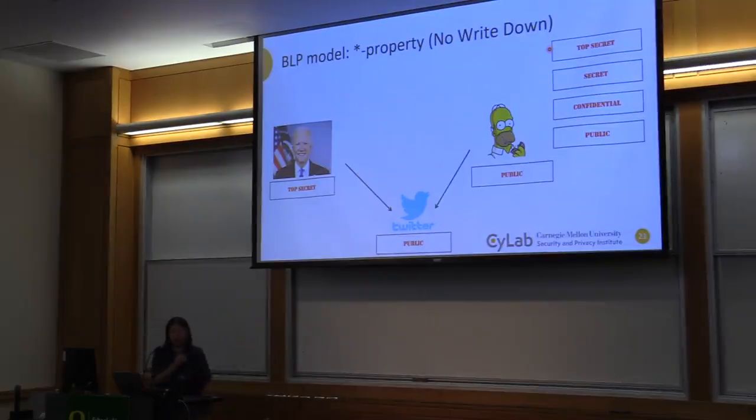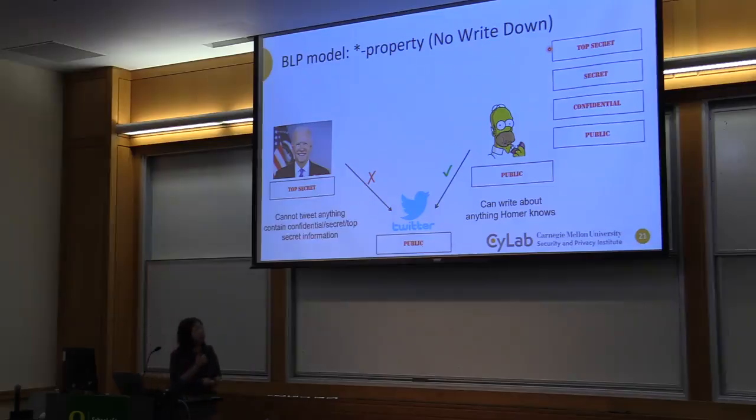Both President and Homer try to write to it. When I'm doing writing, I'm comparing label. The channel you want to write to has to be equal or higher than your label. Because if you're writing to a more secure channel, that means you're restricting the audience, which is okay. But if you're widening the audience, typically that's a problem, right? Homer is fine, right? Homer doesn't know anything. Whatever Homer wants to write on the internet web about anything, that's totally fine. There's no secrecy leak whatsoever.